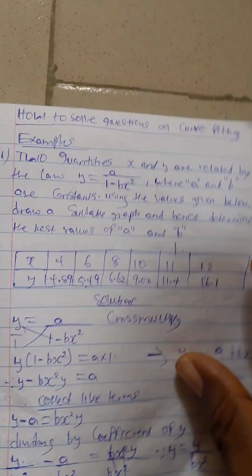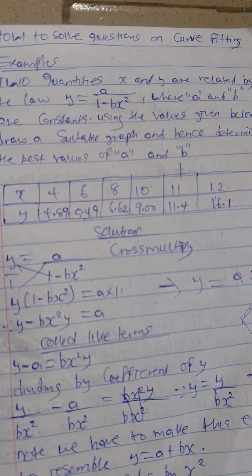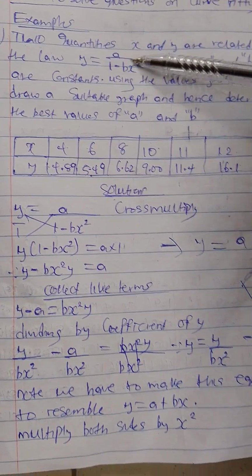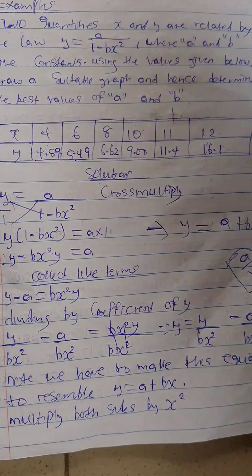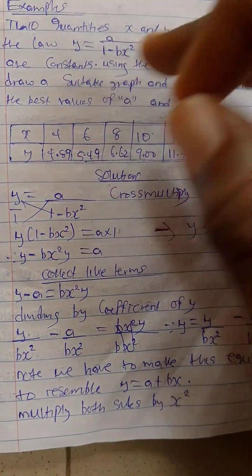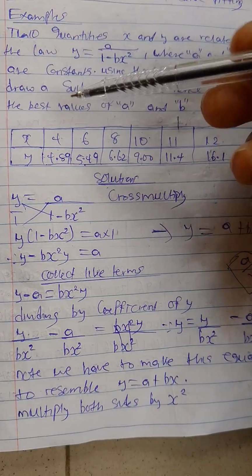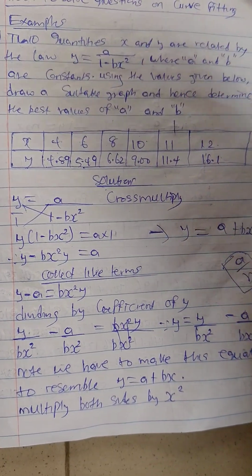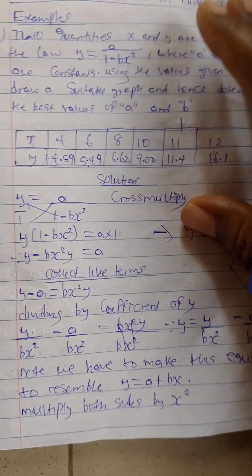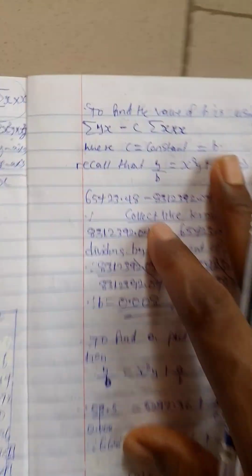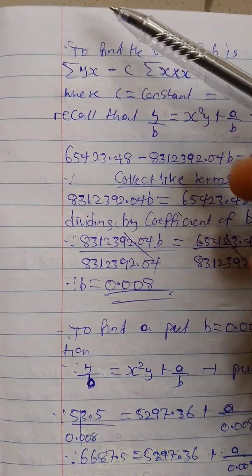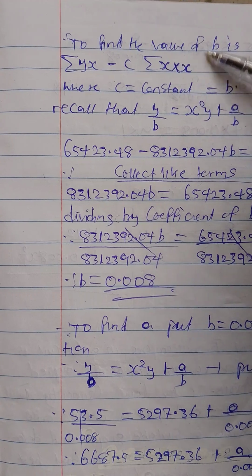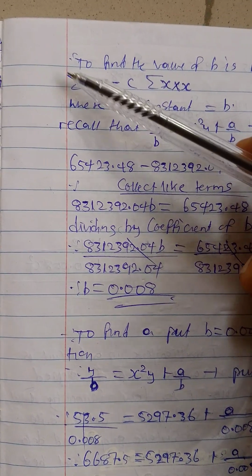Whenever you are given a curve fitting and the equation is in the form of this, always use the formula. The question is in the form of this, or the equation is a straight line equation. Always use the formula: sigma yx minus c sigma x times x, where sigma